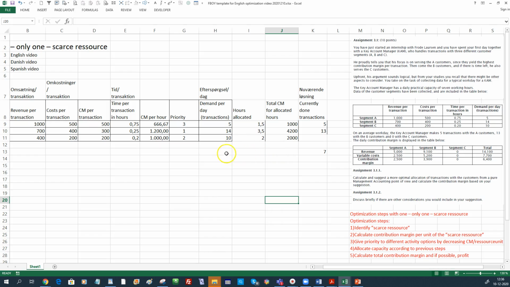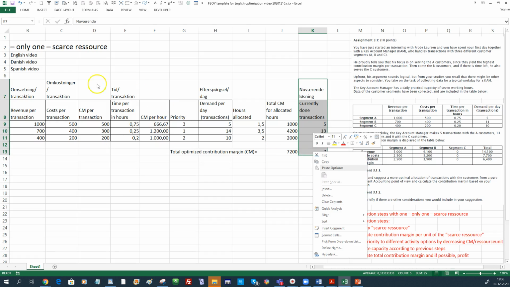We could say here total optimized contribution margin, CM. So now we have the explanation. Ops is the sum of these 3. So we see we get a better result than the 6,400. We get 7,200. This is not really part of our calculation here, but we could have recreated